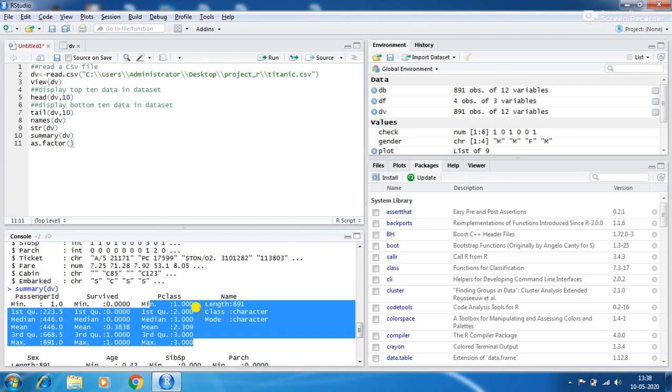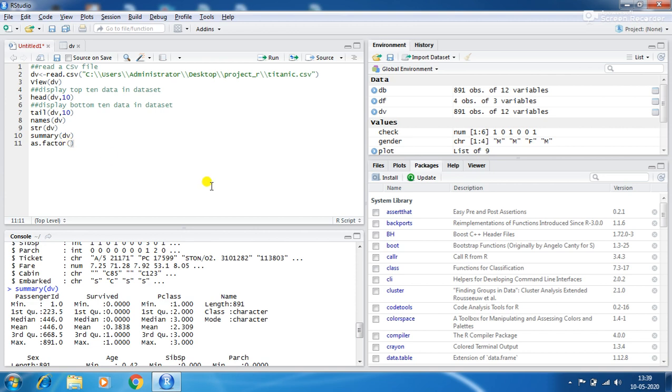We need to explicitly convert them to factors using the function as.factor. To convert, first we name the dataset and the column name which is to be factorized.